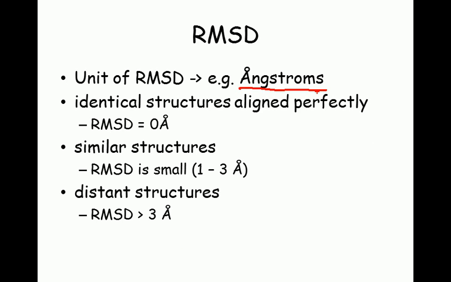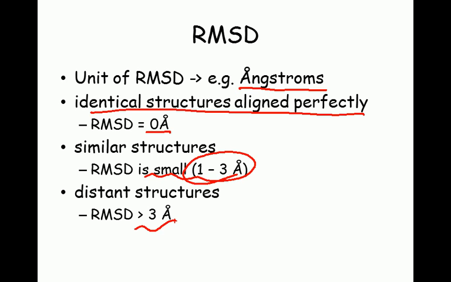It's given in the units of angstroms, because the structure is also given in angstroms. If you have identical structures that are aligned perfectly, your RMSD will be 0 angstroms, right? Similar structures are usually in the order of 1 to 3 angstroms distance, and dissimilar structures have RMSD of greater